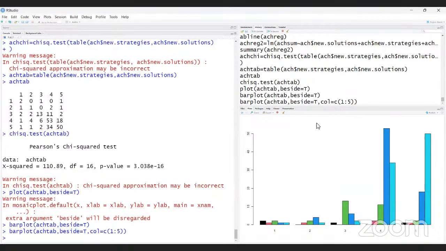Can you tell me why the DAP is 16? DF is row -1 into column -1. For that reason, DAP equal to 16. 4 and 4. For that reason, DAP is 16. This is clear to all of you?